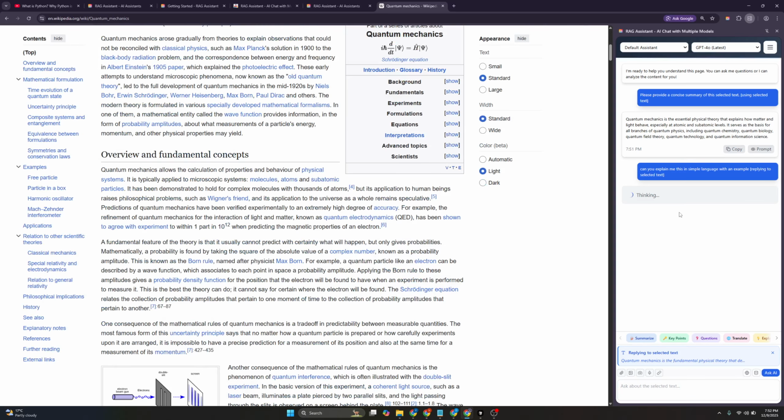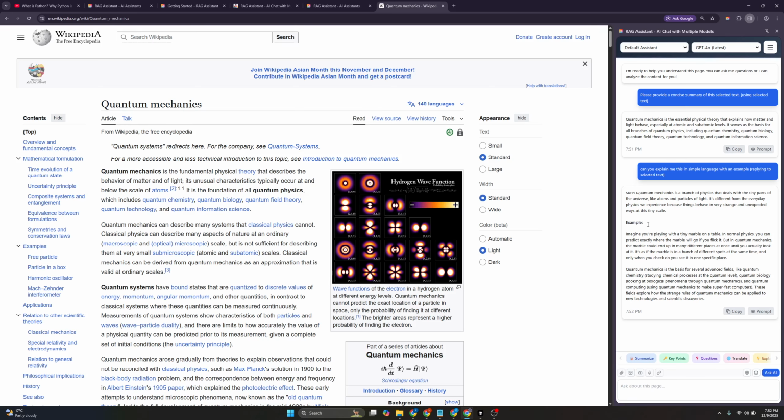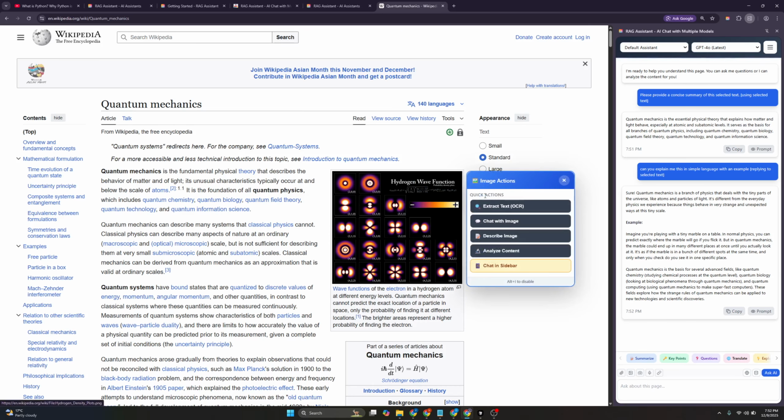Okay, it's just thinking, and now let's wait for the result. There you go, there is an example. This is a real-world example that you can relate to the original definition of quantum mechanics. Okay, so each and everything you can understand. And here is the image. I can click on image action, I can extract text, I can chat with the image, I can describe the image,